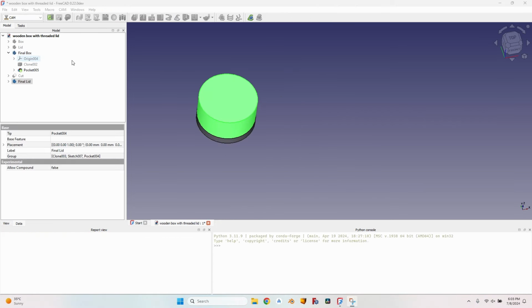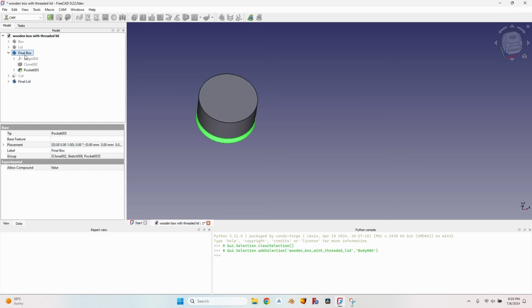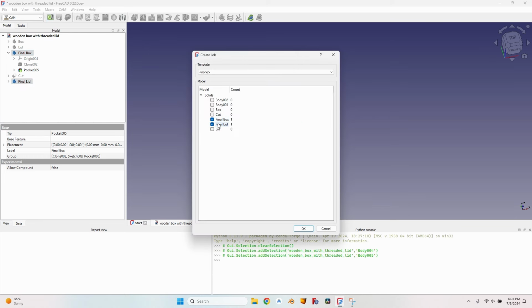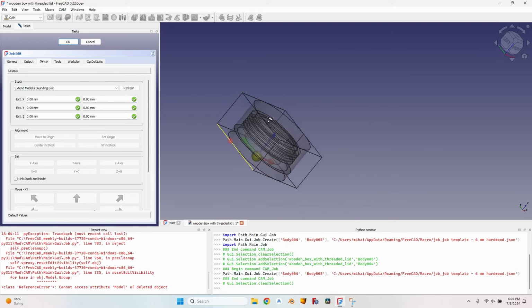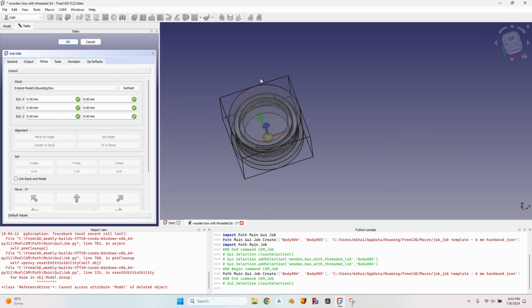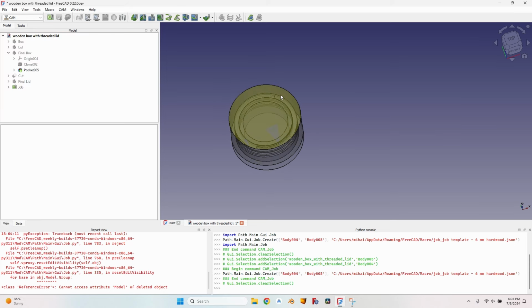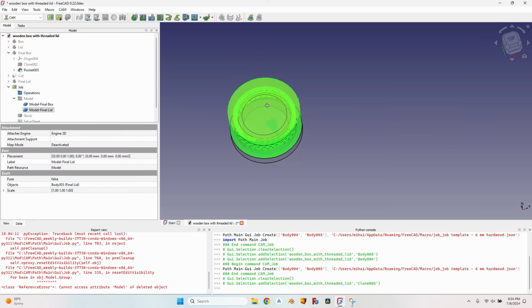So for the CNC part, we are in the CAM workbench, the former path workbench. I will select the final box and the final lid and select the new job button. Make sure they are both selected here in the solids. I will use a 6 millimeters template job, and now here I have to make a few settings for the stock, but for now I will just close the job